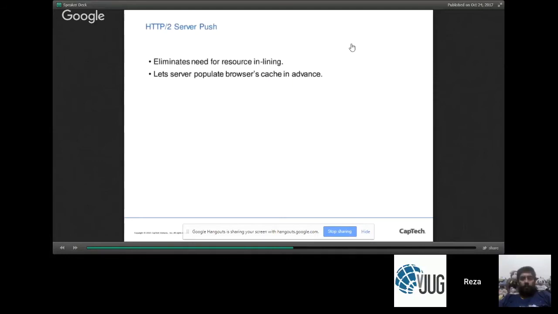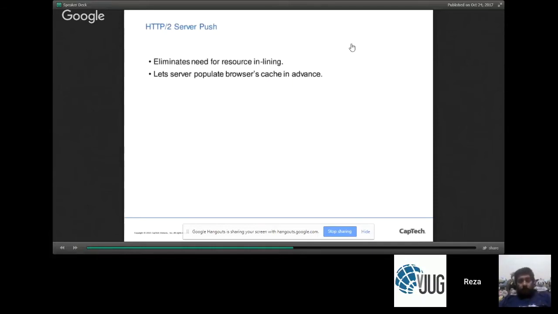So using HTTP server push, what the server can do is say, hey, you requested index.html, but I'm not just going to give you index.html back. I'm going to give you all of these other resources back right away. You don't have to ask for it. I'm just going to give it to you. And what happens is these additional resources that are required to render index.html are actually put in the browser's cache.